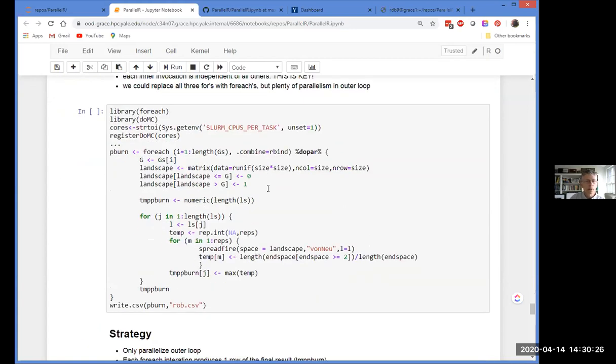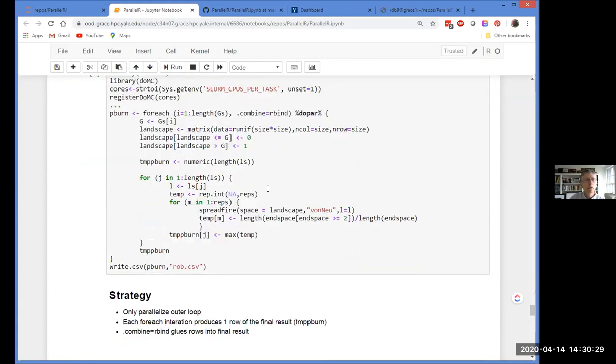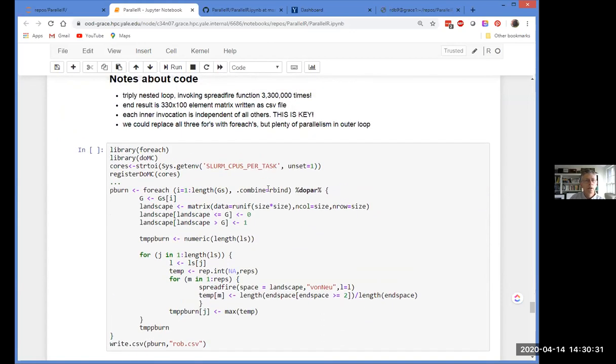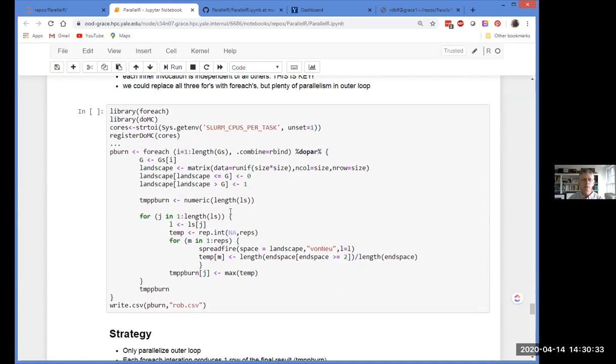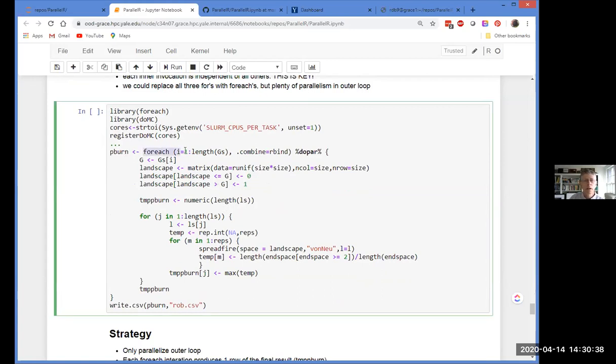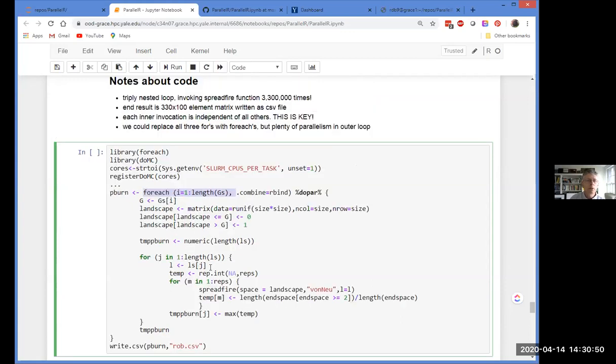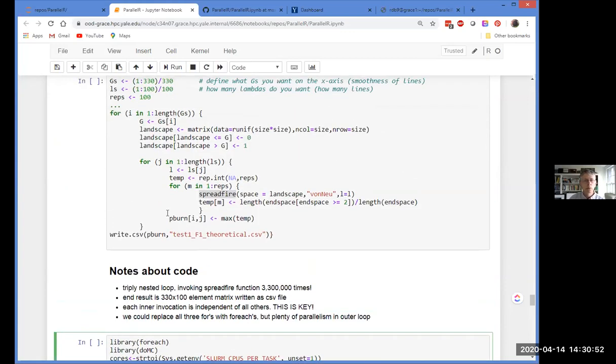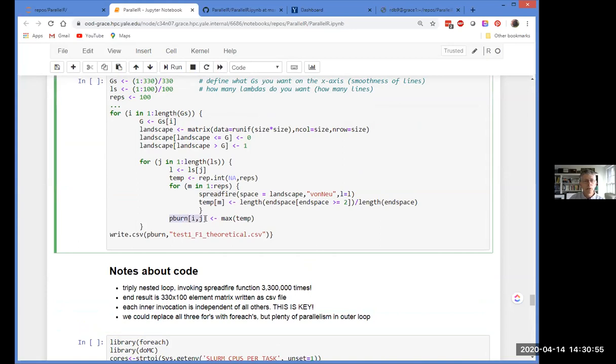So here's what the code looks like modified to do foreach, and it looks almost exactly the same. The major thing that changes is we're going to replace that for with a foreach. That's the first thing we're going to do. The next thing is, here we had a single two-dimensional matrix that we were plugging values into for each of the I, J combinations.